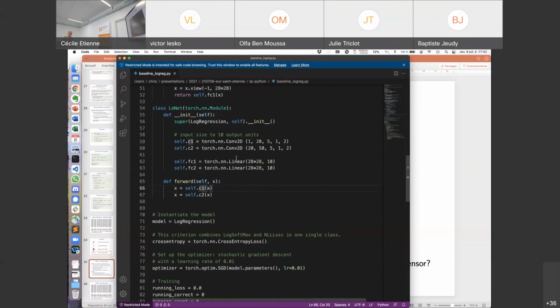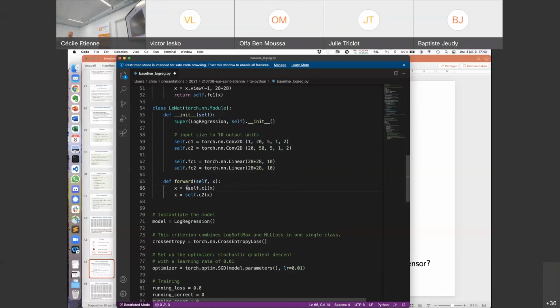We need to create a nonlinear function, and convolutions are linear functions. If you just stack lots of linear functions, you will get a huge linear function. For this reason, we can't just put one linear function after another. We need to have what is called nonlinearity, small activation functions. And we put these in here,